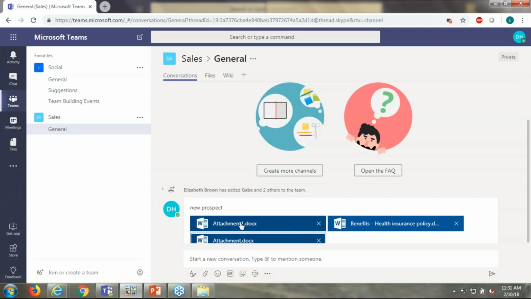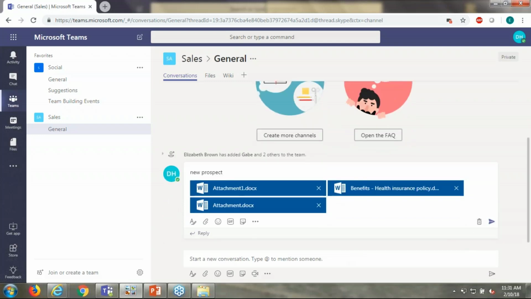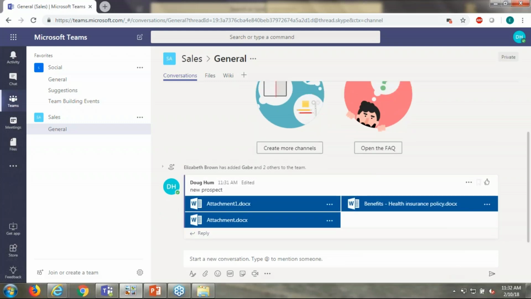It's adding these documents. So what it's actually doing right now is uploading them to the SharePoint site behind, which is going to store all the files for this team. And so now I can just hit enter and send that off. There we go. So you see I had to scroll a little bit because this one down here is for a new conversation, so I just had to get to the right one. So sometimes you just have to look at where you are and make sure you're hitting in the right place. So now these 3 documents have been shared, and if I go to File,